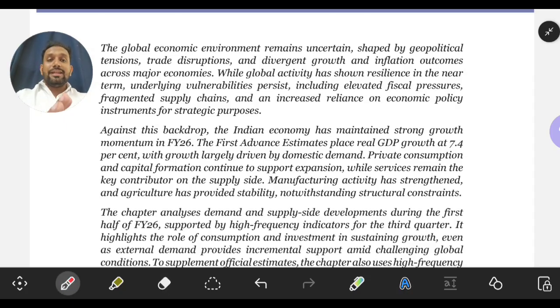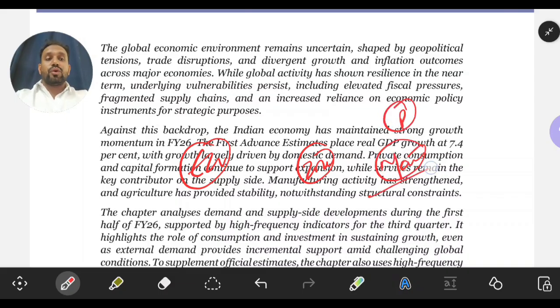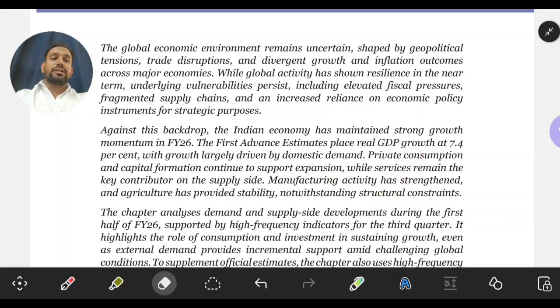Please don't be in a hurry, don't be in a rush, because we have to complete the economic survey. Why? Because for the complete year 2026, this economic survey will be the foundation of lots of facts, lots of preliminary questions, and lots of data with regard to the mains examination. So don't just see that I have not made the PPTs properly, or did not make a very good representation as given in many of the YouTube channels. We are not concerned with it. We are here importantly discussing what is required for the examination.